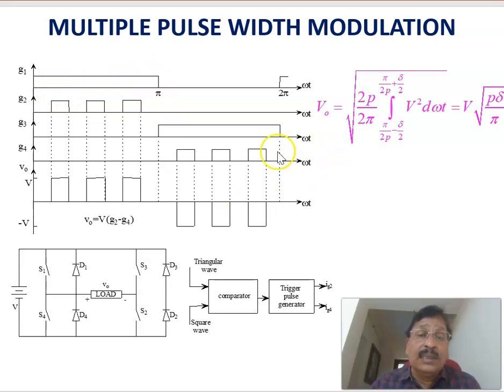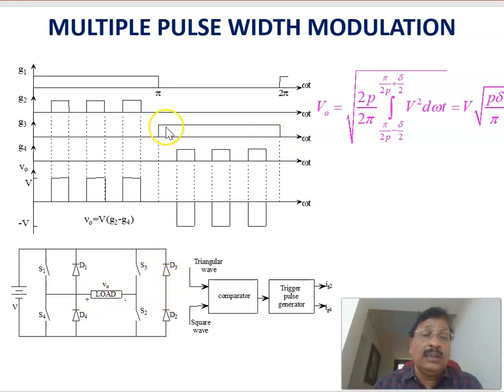This is pictorially represented how the multiple pulse modulation technique works in the circuit. Here the same circuit is shown: S1, S2, S3, S4, D1, D2, D3, D4. This is the DC bus voltage, and here these are the switching signals during the positive half cycle. The gate signal is given to S1, and we are controlling the switch S2. When it is on, you get a positive voltage from here, and when it is off, you get a 0 voltage. That is during the positive half cycle of the output, and during the negative half cycle of the output,